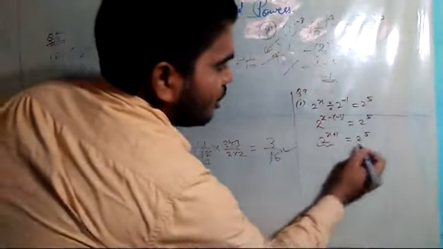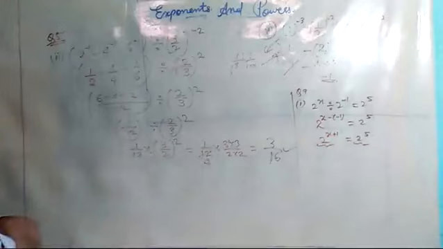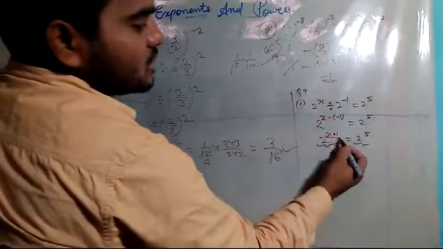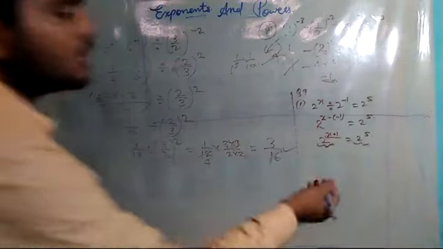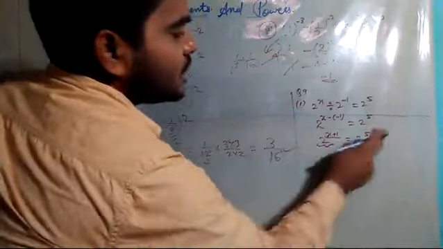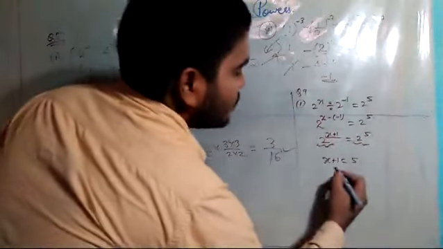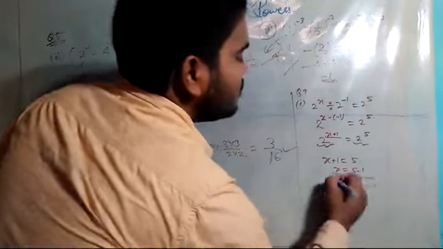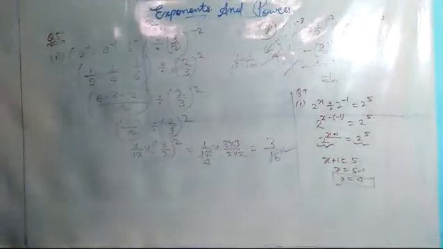So if you observe this equation properly, it is like 2 raised power something. Bases are the same, powers are different. In this case, I can compare the powers. x plus 1 will be equal to 5. So here x will be equal to 5 minus 1. That means x is equal to 4. In the same way, you can solve the remaining sums. Thank you.